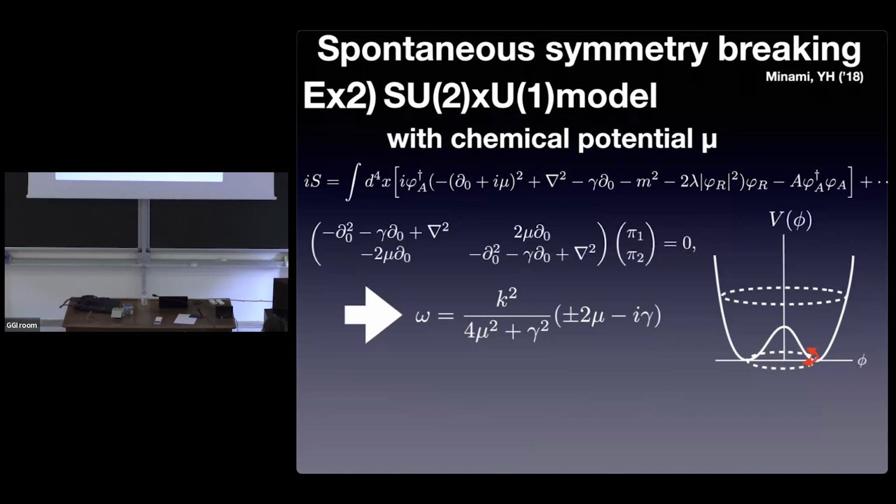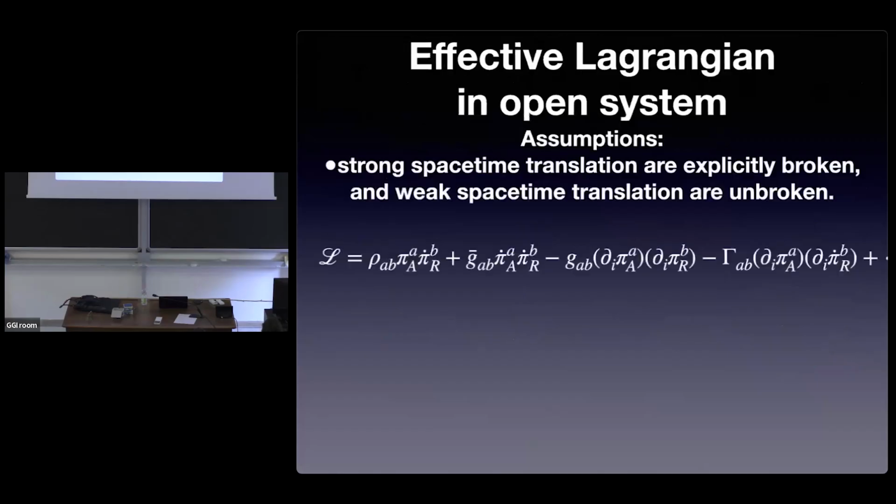Even with the existence of the friction term, in this case you see this mode is still propagating with some diffusion coefficient, but still propagating. So the type B mode, even in the open system, can propagate, and the propagation is different from type A. Now let's consider the unified model for the effective Lagrangian in an open system.